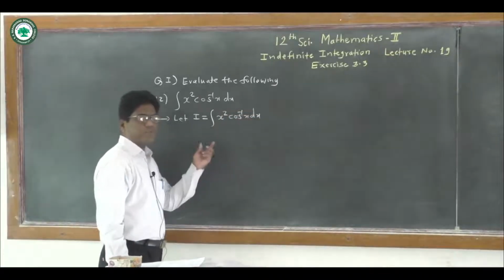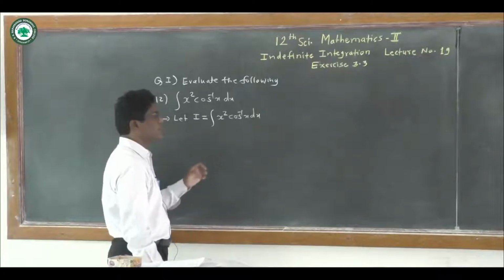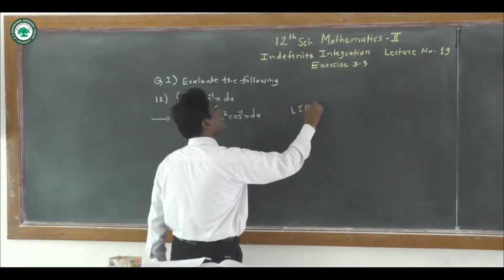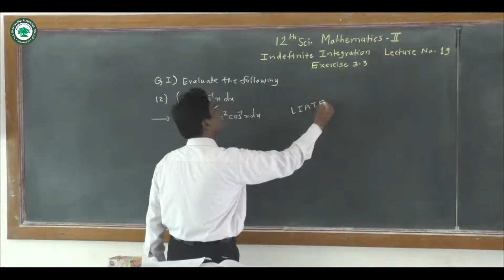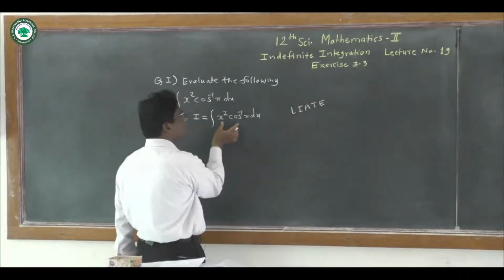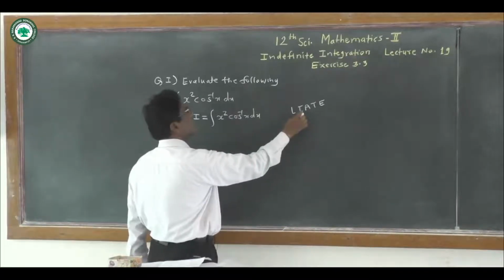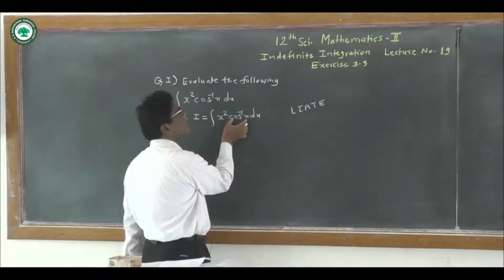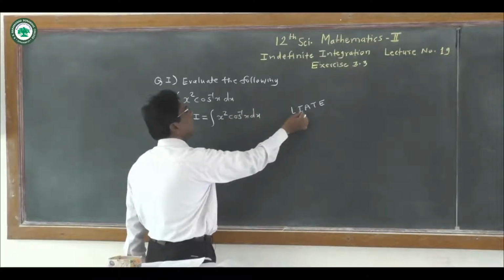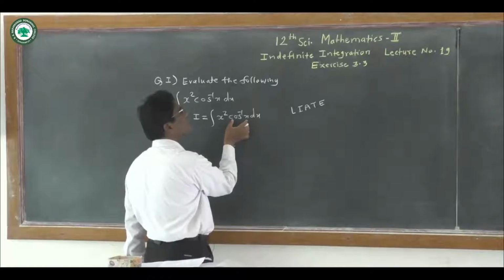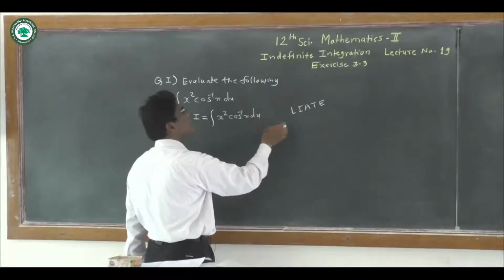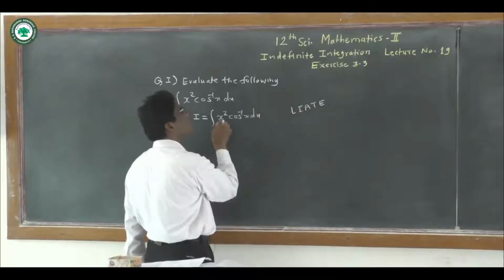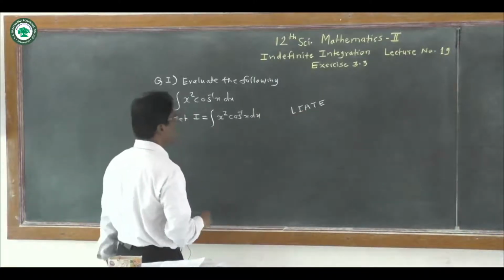Now here the choice of u and v is very important, and it is according to the LIATE rule. L-I-A-T-E, LIATE rule. Logarithmic function: so a logarithmic function is not here. Now inverse trigonometric function: here the inverse trigonometric function cos inverse x appears. So I appears first. So here cos inverse x is u, and here x square is an algebraic function. So A appears after I. So here x square is v, that is, the algebraic function is v.